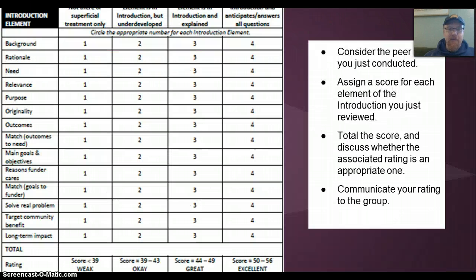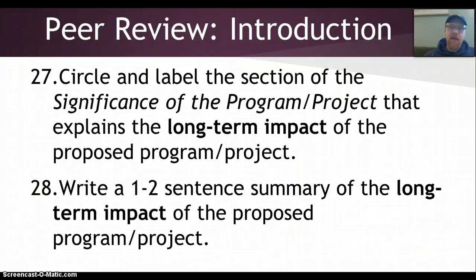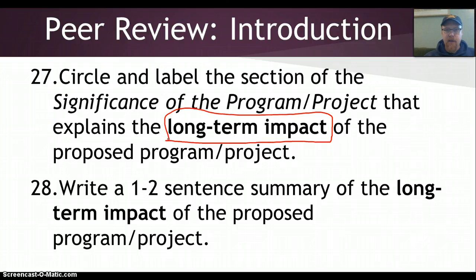Finally, I would like for you to circle and label the section of the significance of the program project that explains the long-term impact. In other words, this should be an investment that lasts a lifetime. This should be an investment that is sustainable. This should be an investment that is locally owned, right? This should be an investment that reproduces itself without a constant influx of money for the next 10 to 15